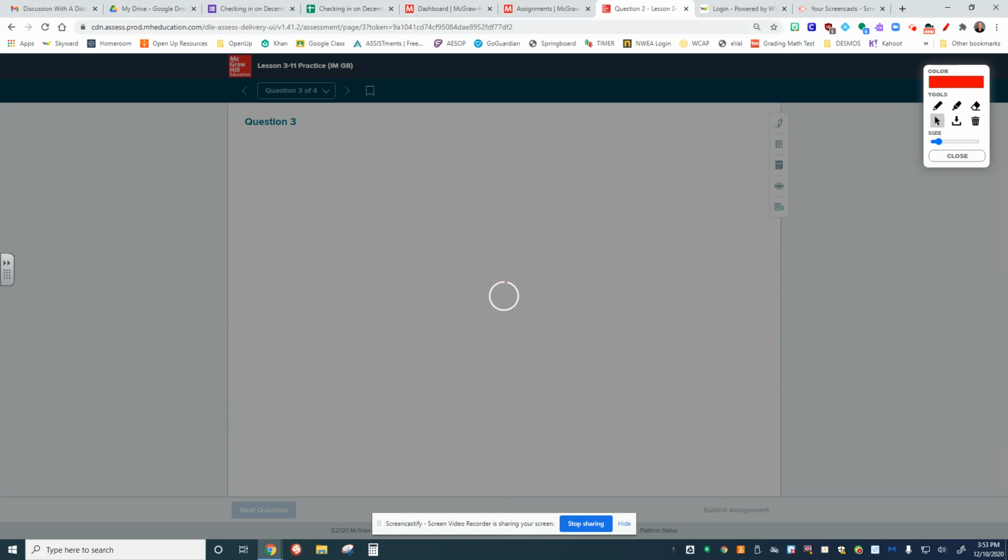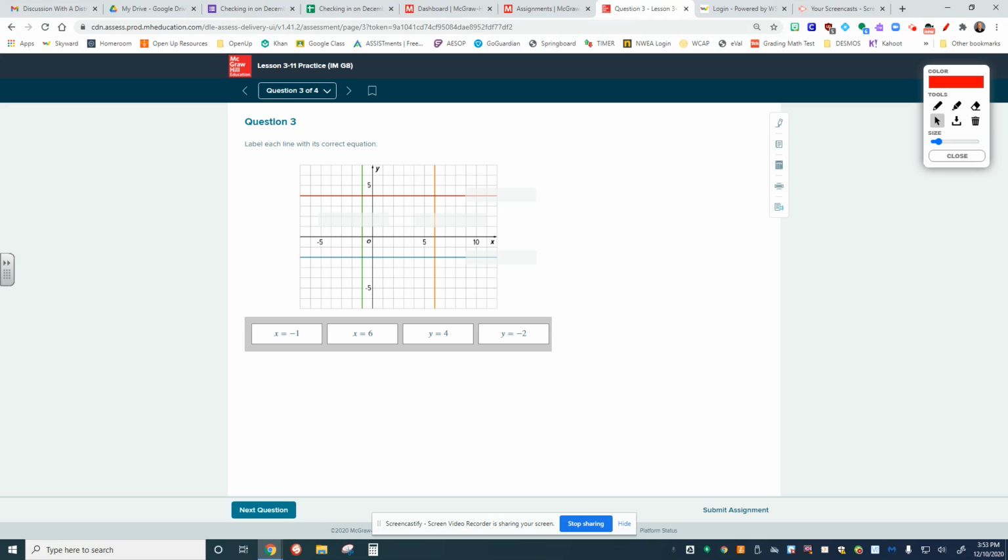Problem 3, more with slope and y-intercept, but in this case, I'm talking about simply vertical and horizontal lines. A little bit tricky on this one because there are little boxes that are almost hidden right here. They're really hard to see. What we're supposed to do with these little boxes is find the equation that matches